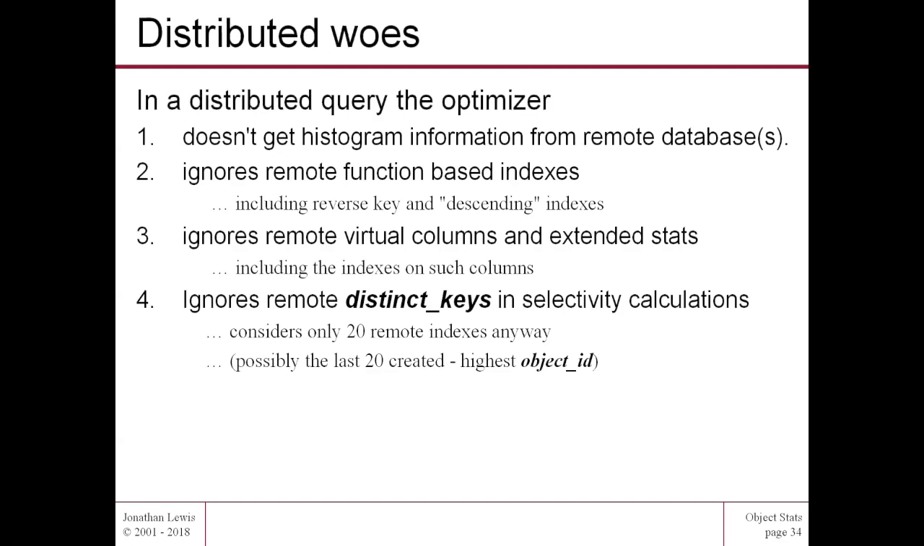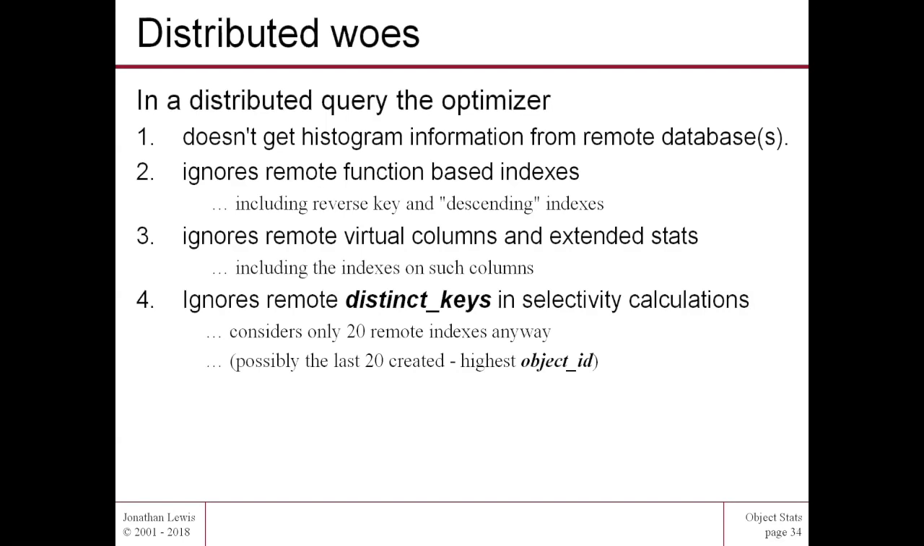And it's slightly worse than that, because if you've got one of these systems like, oh, I don't know, SAP or Siebel or PeopleSoft or whatever, which gives you an average of 65 indexes per table, Oracle only considers 20 indexes on any one table if the table is remote. And now that's actually documented as a restriction. What isn't documented, but is my best guess, is that Oracle uses the last 20 indexes created on the remote